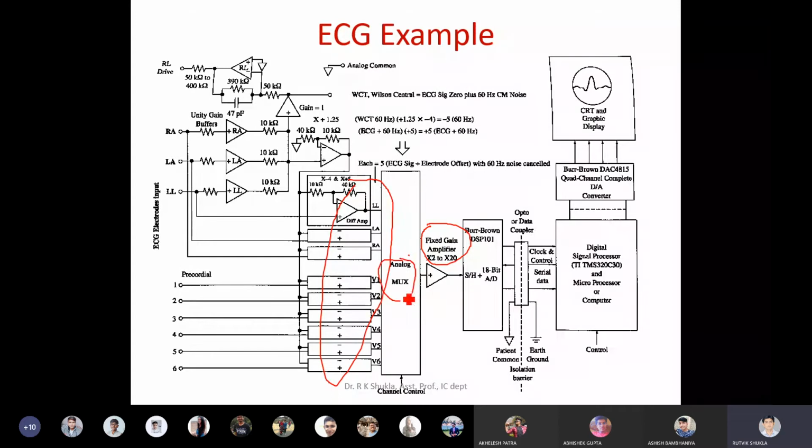Then you have a multiplexer in between the two. So whatever input comes from here, it gets selected over here, gets amplified, and then see the thing. It has sample and hold and an 18-bit ADC. See what the scenario is? Now from, say, 12-bit, they have jumped to an 18-bit ADC, 2^18 levels. It means again you are increasing the accuracy of your overall system.